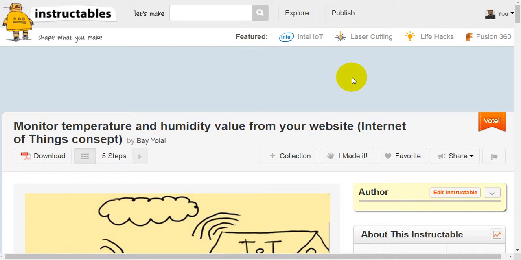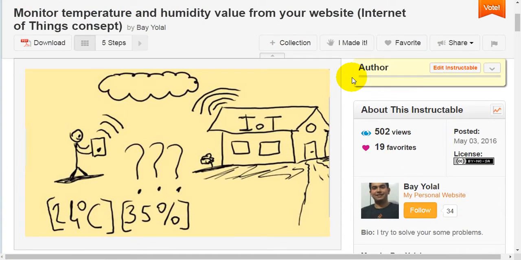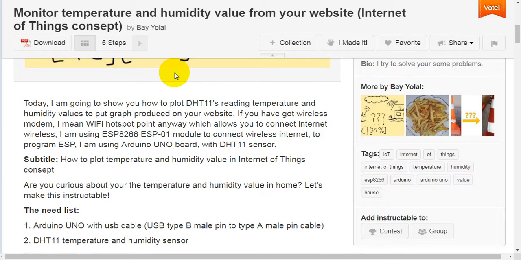Monitor temperature and humidity value from your website. Internet of Things concept by Bayulan. Today I am going to show you how to plot DHT11's reading temperature and humidity values to put graph produced